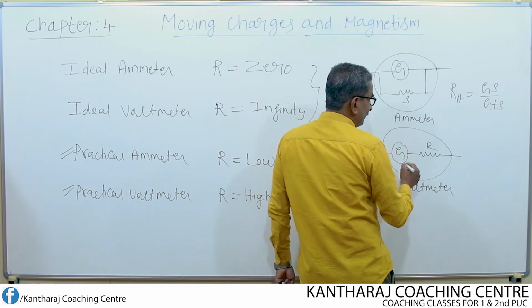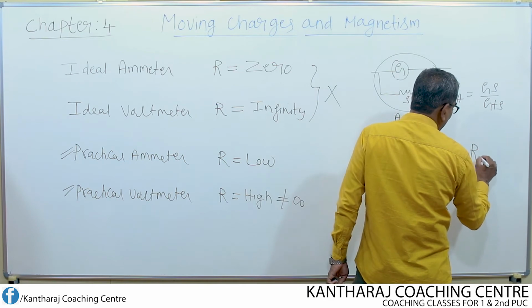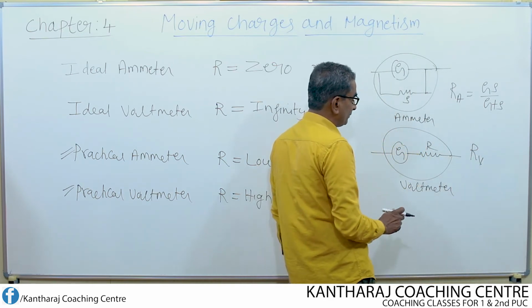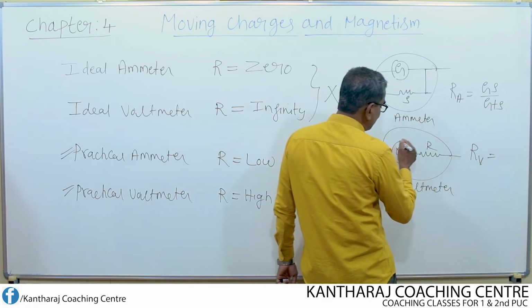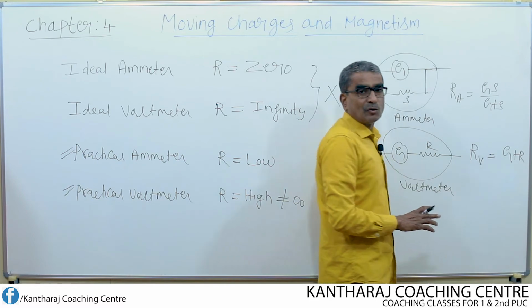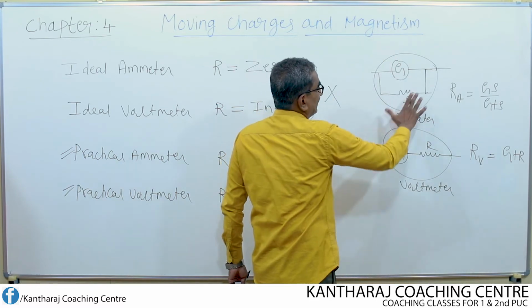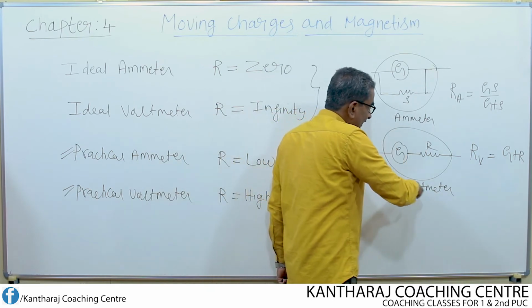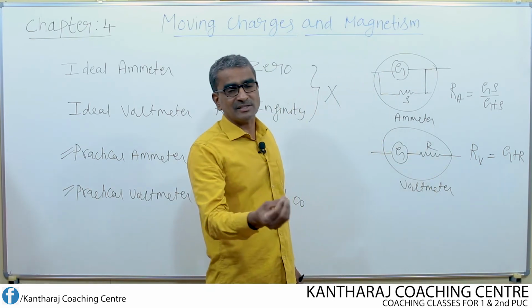In such a case, what is the effective resistance of the voltmeter? I write Rv, the effective resistance of the voltmeter, which is nothing but the sum of these two resistances, G plus R. Overall, the ammeter will always have low resistance, whereas the voltmeter will always have high resistance,